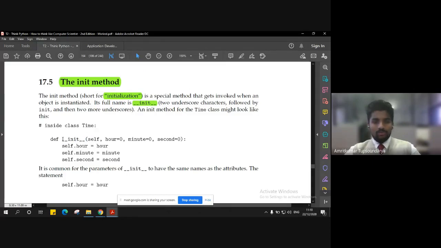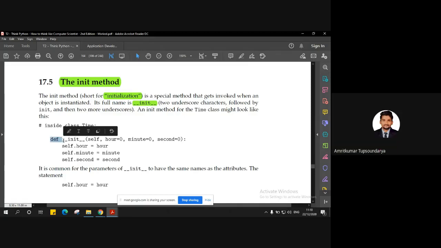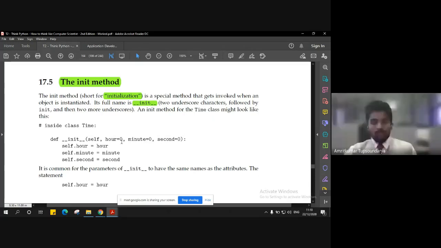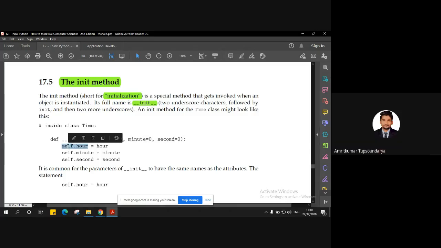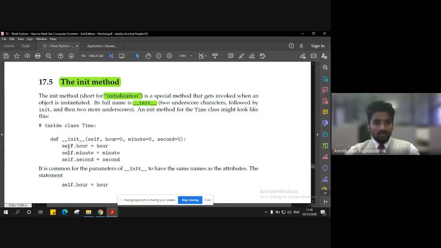It's a method. Now, when we define this init method, the parameters that we are passing, as you can see here, we are not just passing the parameters but initializing them. We are instantiating them again. We are assigning an initial value of 0 to hour, minute, and second. We are setting a value, an initial setup. So using the self object, self.hour is equal to hour, self.minute is equal to minute, and self.second is equal to second.